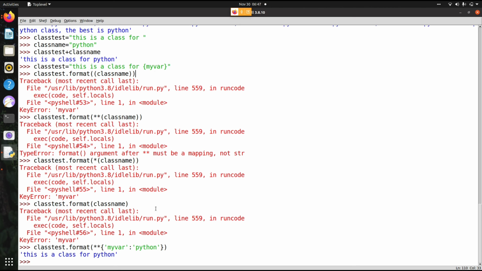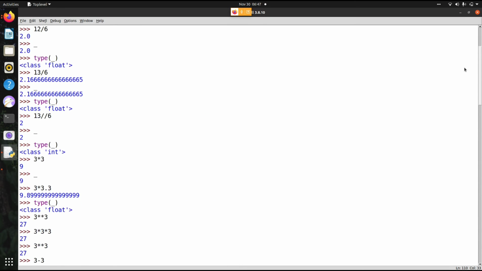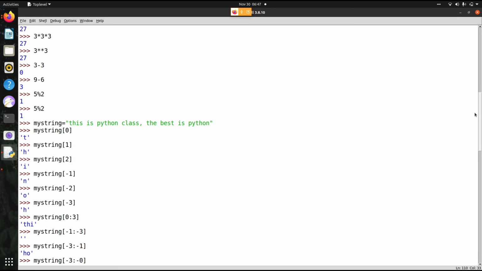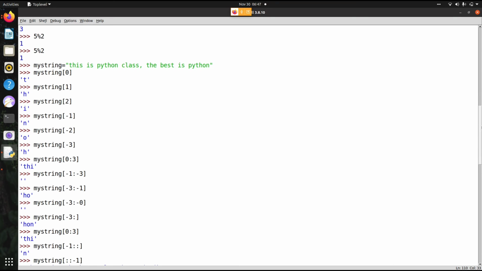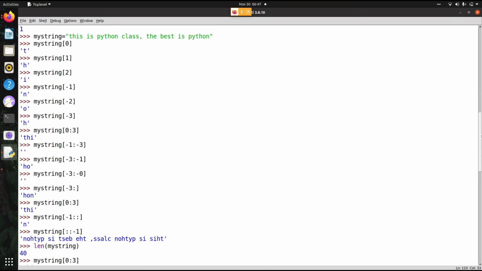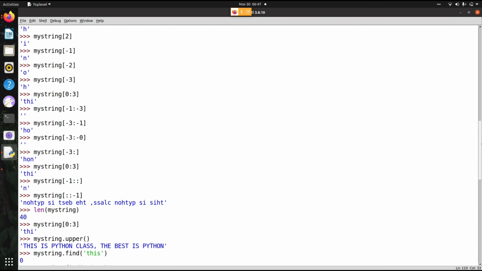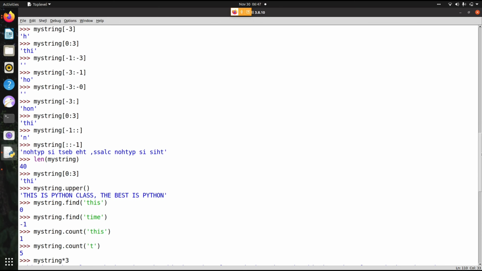And for today, what we have seen is numbers and calculations, and going further you should use only the terminal for your local calculations. Then in string we have seen indexing, negative indexing, and slicing. In slicing, negative indexing with slicing and reversing a string. And we have seen one more method called len.